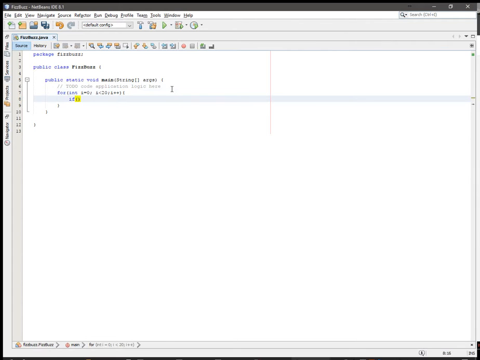So obviously we're going to have some if statements. So if i is a multiple of 3, now this test here checks the modulus, the remainder of the division between i and 3, which in the case of 3 could be 3 possible values. It's 0, 1 and 2, where 0 means that i is a multiple of 3. So if the remainder is 0,